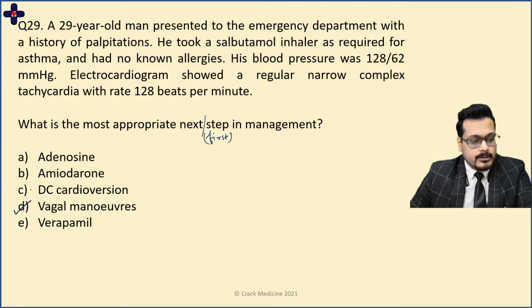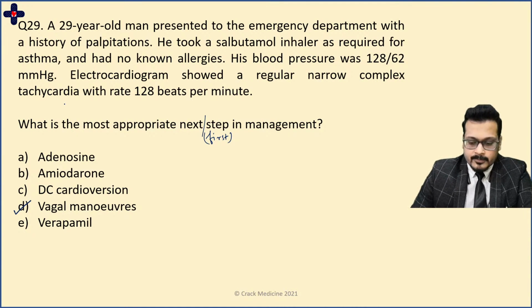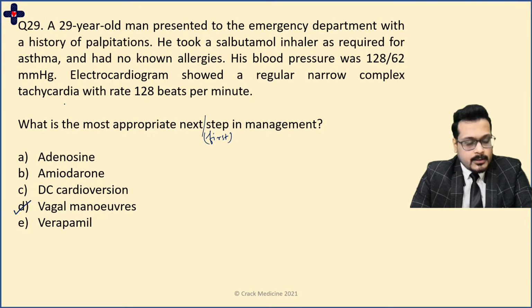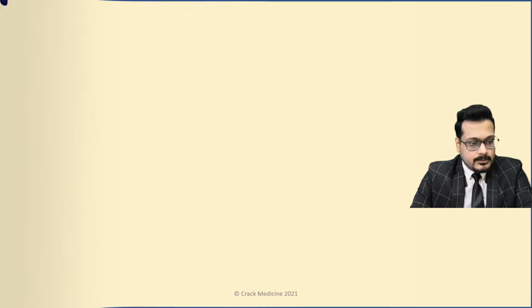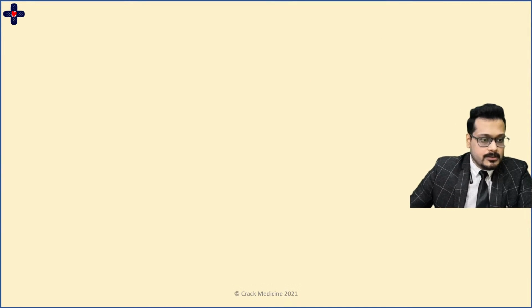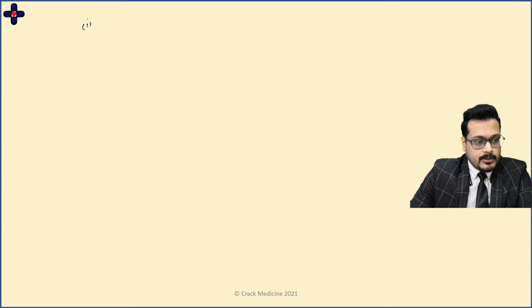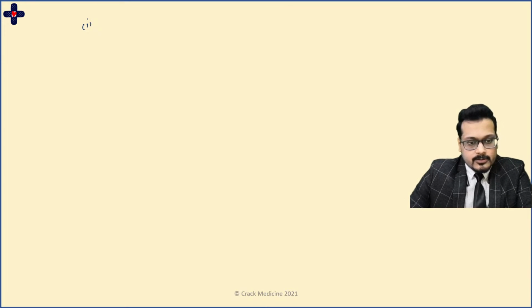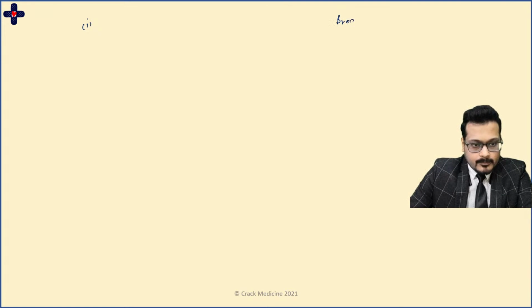The first one is always vagal maneuvers. Dr. Pavan, you're right. So that's how you have to deal with such questions. The first thing will always be to decide whether it is a narrow or a broad complex tachycardia. In cases of broad complex, directly have to go for,